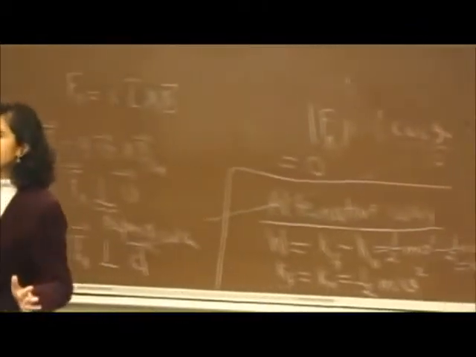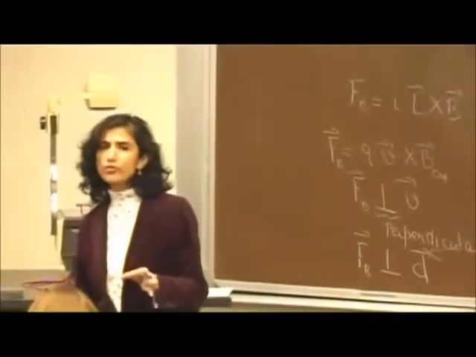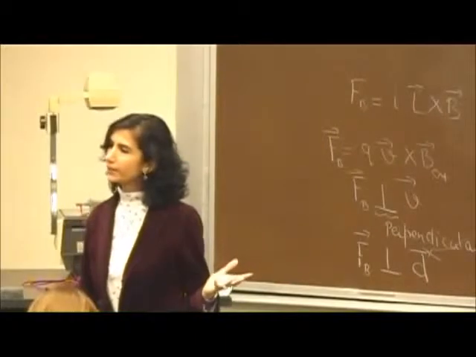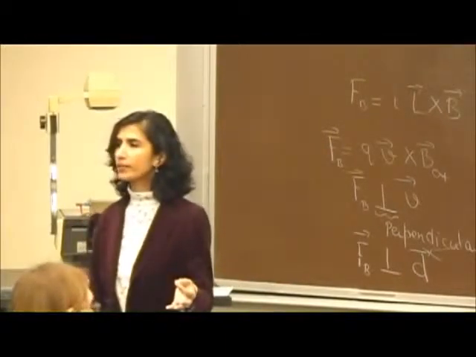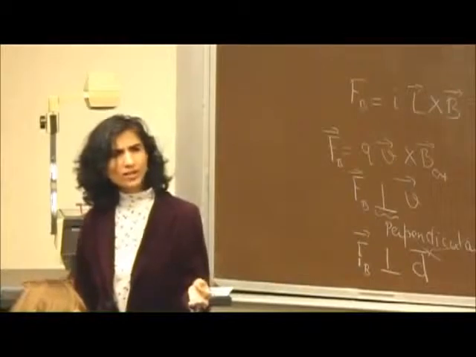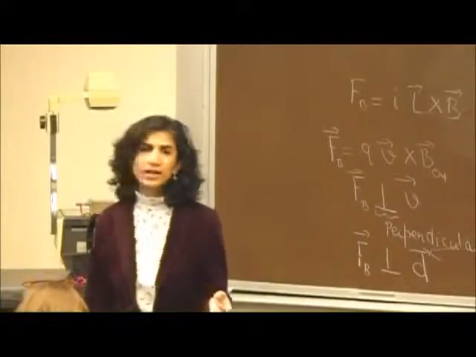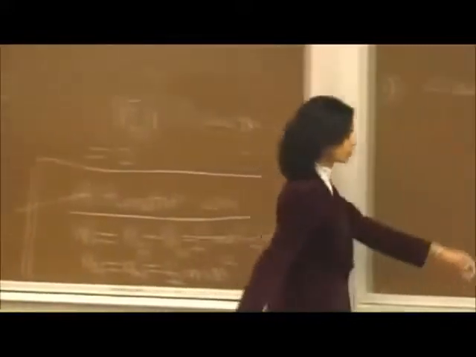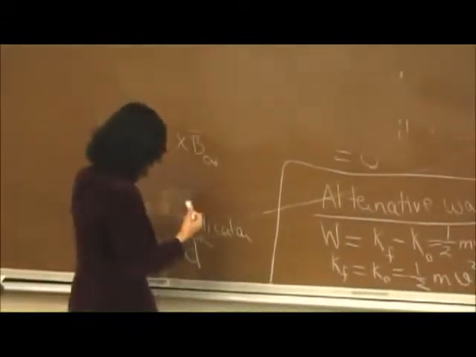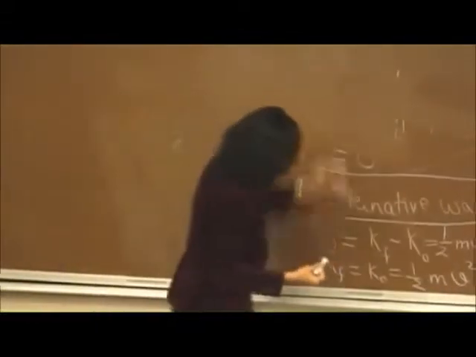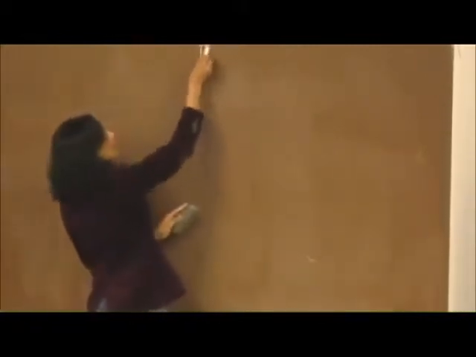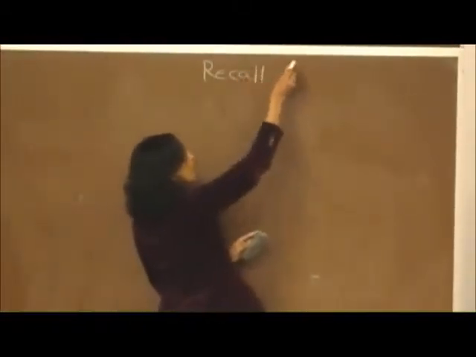Does anybody remember from the last lecture what is the magnitude of the magnetic field produced by a current carrying wire at a distance r away? Remember we used Ampere's law? Do you remember that? So using Ampere's law, do you remember what we found for the magnetic field produced by a current carrying wire? So if you recall from Ampere's law,